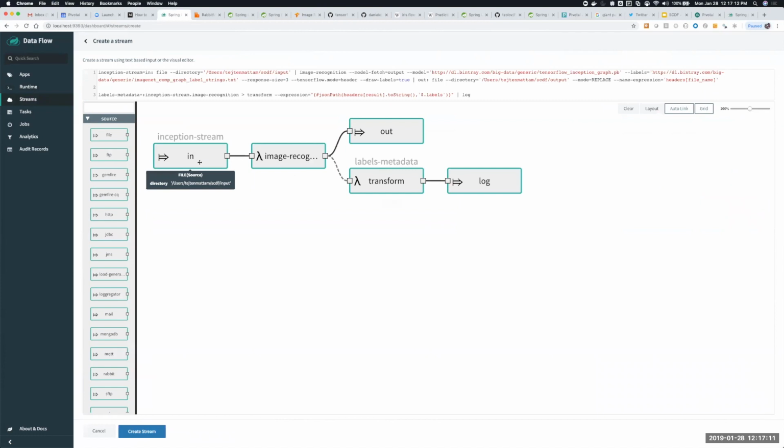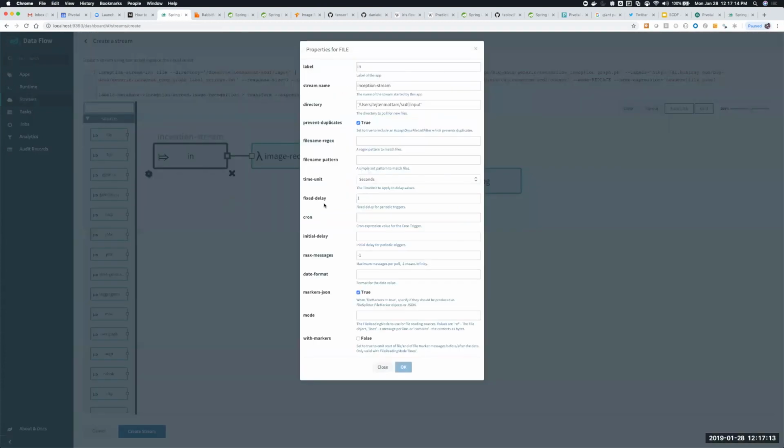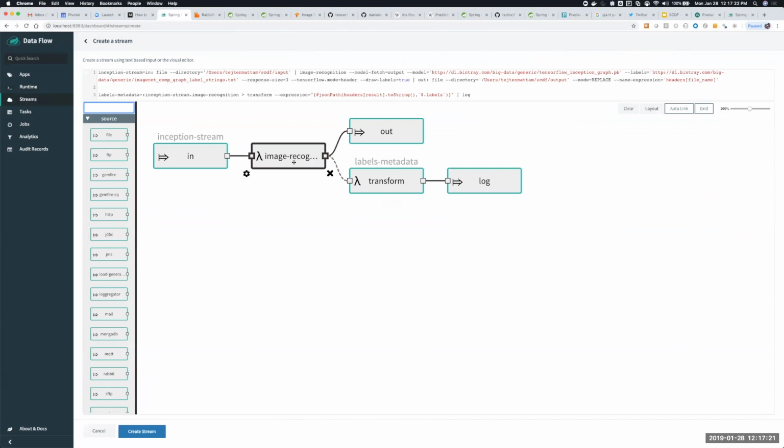So here I'm saying my directory where I want to put my files is that input directory, and then I'm using an image recognition processor. What this does is it uses TensorFlow machine learning to do recognition on whatever image I put in that directory. So if the image has some kind of an animal, it will figure out what it is, and then either I can sink it to an output file, or